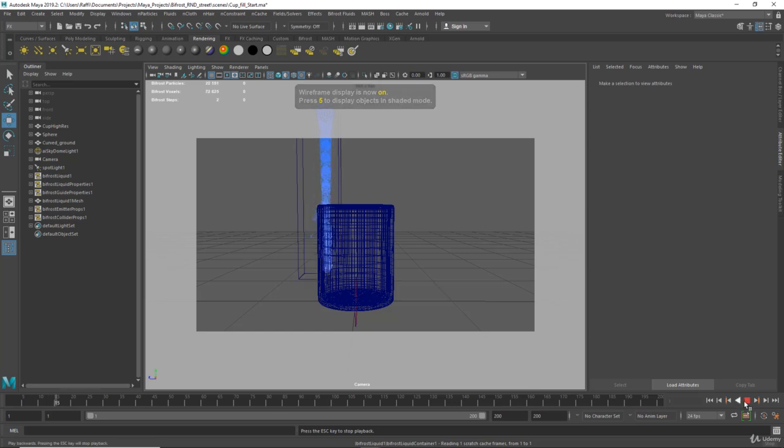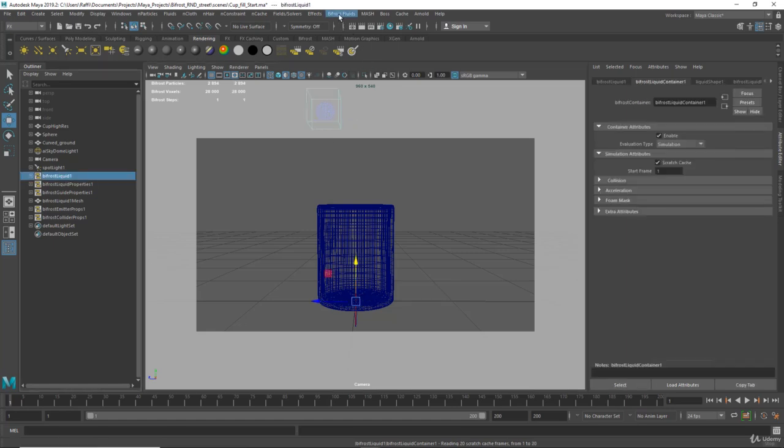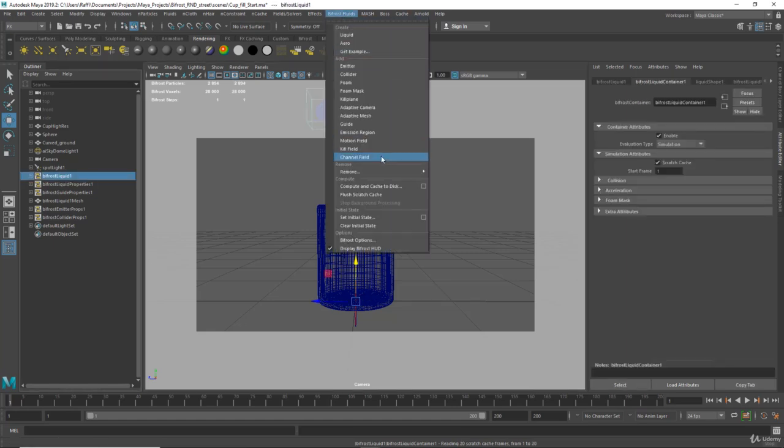As you see, the liquid falling down and colliding with the cup. So another thing, I want to push the liquid to the right. I can do that by selecting the Bifrost liquid, and then going to Bifrost fluids, and then I'm going to click on, where is the